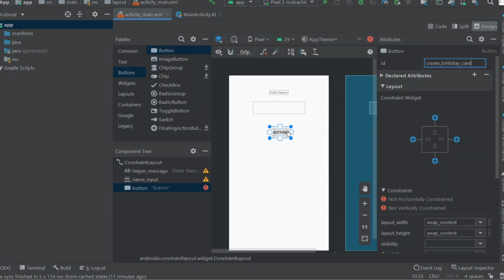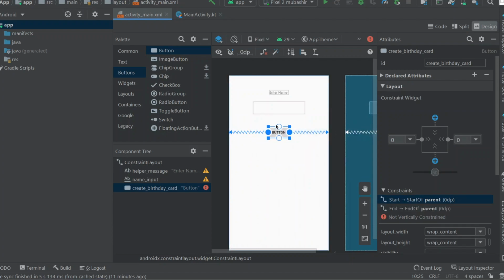So let me constrain this as well to the right. I'm sorry, to the left one, right to the right. This top to the, okay, let me code this here.